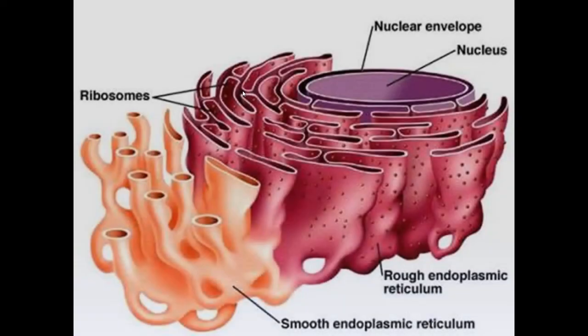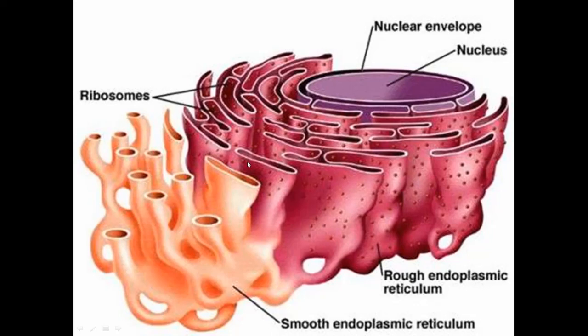So let us move on and learn first about the important organelle. Can you identify which organelle this is? Yes, this is the endoplasmic reticulum. Endoplasmic reticulum is a network of branching tubules. As you can see here, it is a network-like structure and it has many branching tubules. It extends from the cell membrane to the nuclear membrane. You can see here, it is attached to the nuclear membrane.